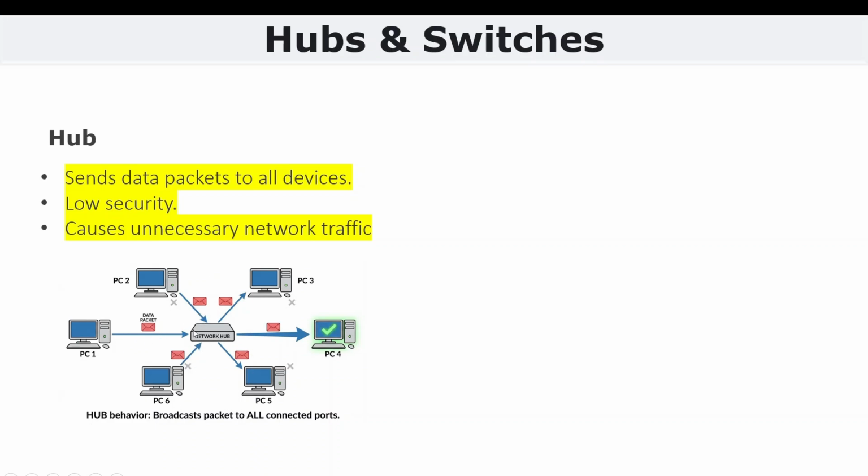hub. Now, this is how things work when you have a hub at the center of your network. If I'm sending a data packet from PC1 to PC4 through the hub, what happens is that once the data packet hits the hub, it will distribute it to all the devices on the network. The reason it does that is that it does not check the destination address of the data packet. It just broadcasts it. So it sends the data packet to all devices on the network. That's what it does. As a result, there's low security and it causes unnecessary traffic in